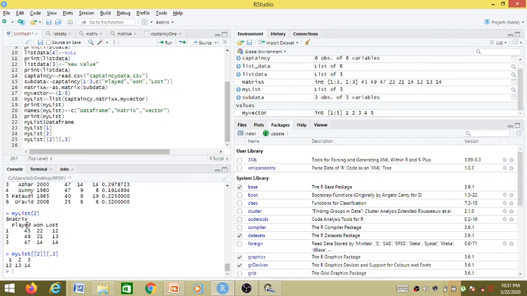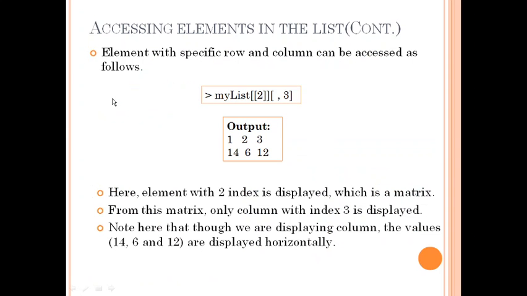The third column has values 12, 13 and 14, and we are getting the same values. It has just been displayed horizontally. We have also seen this yesterday, that if a single column is displayed, it may get displayed horizontally, but it is actually the third column. So this is how indexing works.